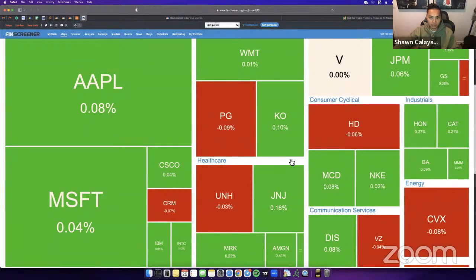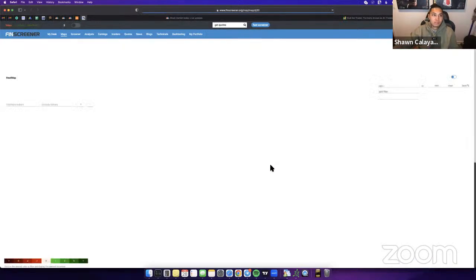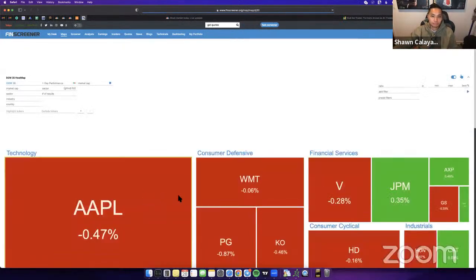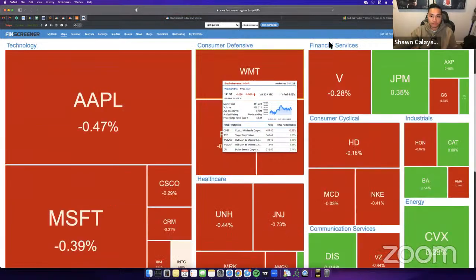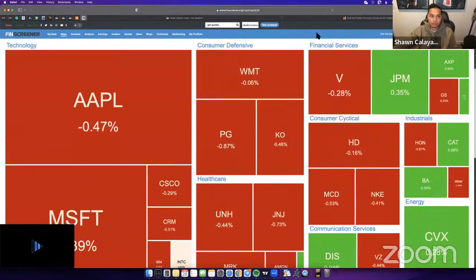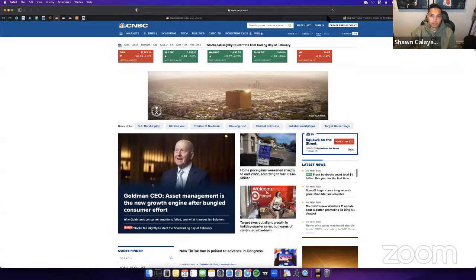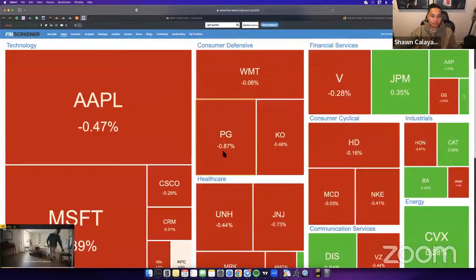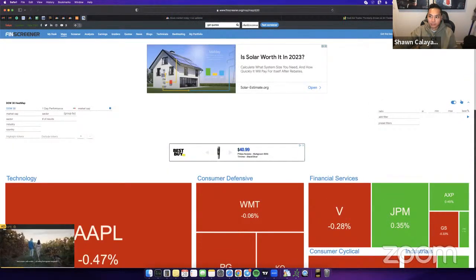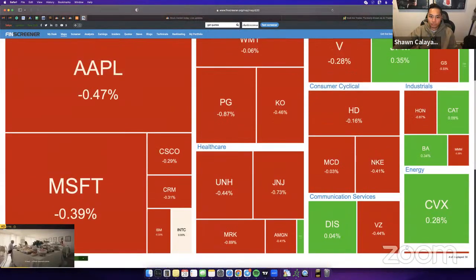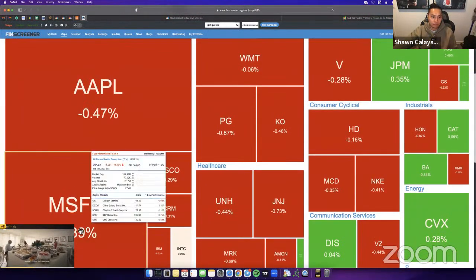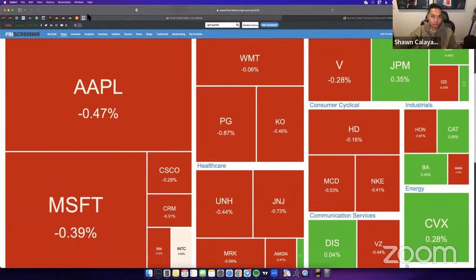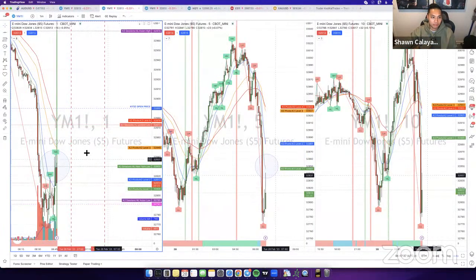CT's asking, what does a heat map look like? What I realized here is that this heat map is kind of delayed. Obviously, it's pretty much all red for the most part. We looked over here at the indices. The Dow's still down, I believe, about 83 points. Not down a lot, but it is down. Most of the stocks here are red on the heat map. I think the TradingView heat map might be a little better because this is a little delayed unless you pay for the data, which I don't think is really necessary. But let me see if I could find the